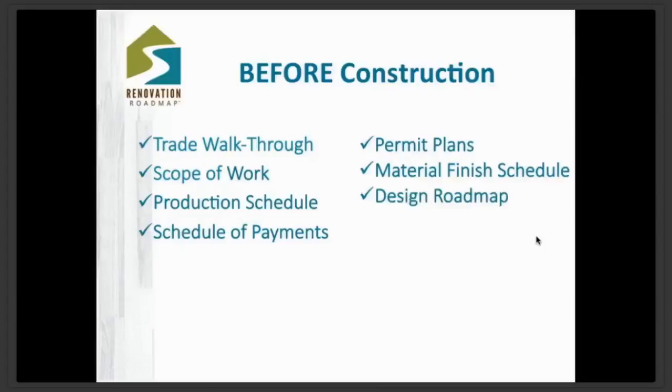A design roadmap is simply how you are going to finish making all the selections before construction starts. So if they say they're going to start 4 weeks from now, create in your calendar when you are going to meet them at the showrooms, or when you are going to sit down with the cabinetry designer and hammer everything out. Make sure you've got enough time to properly design your project before construction